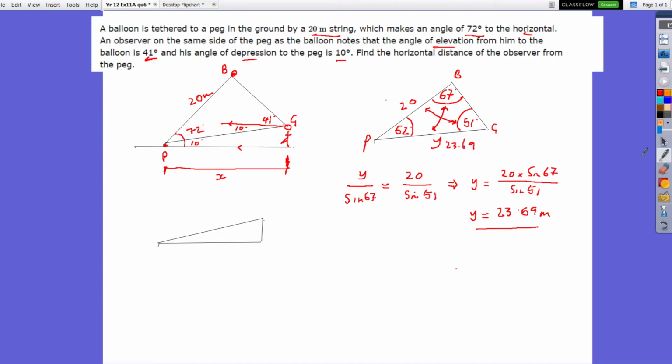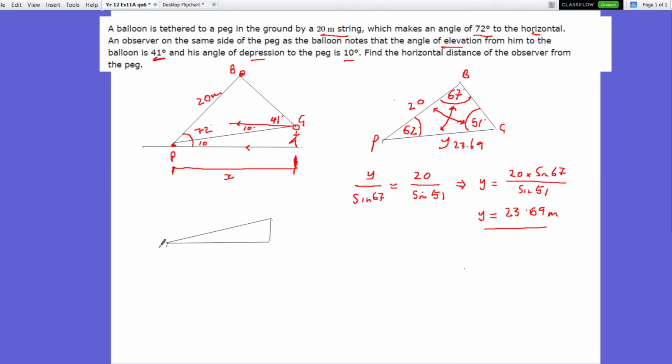So there's my triangle drawn, P, G, and let's just put this F as the foot of the gadget, which makes obviously a right angle with the ground, perpendicular. Now we know this is y, which is this distance from the head of the gadget to P, which we worked out here is y, which is